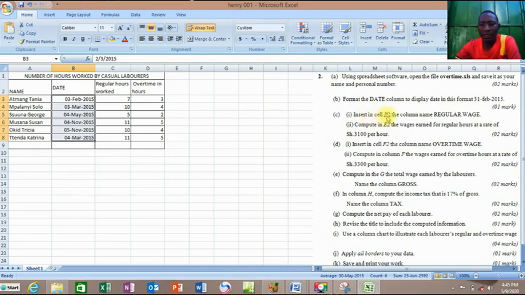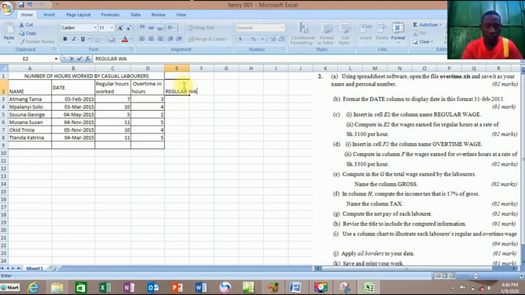Insert in cell E2 the column name regular wage. So we look for E2. E2 is here. So they want it to be regular, capital, regular wage. Of course, if it doesn't fit there, we can wrap it. Then it fits there. Now, after putting that, they are telling us to compute wages for regular hours